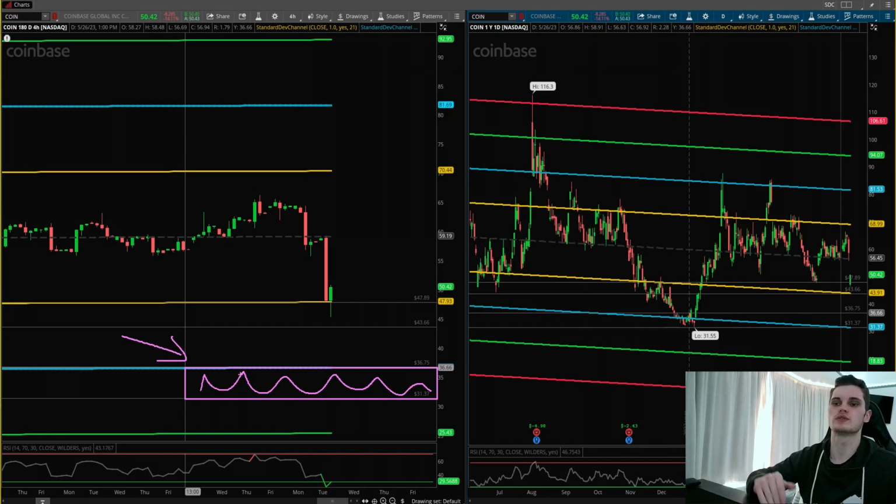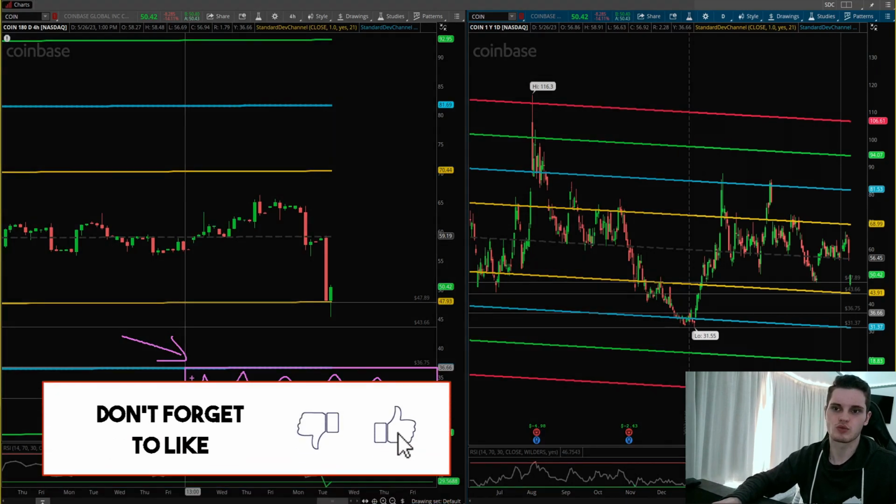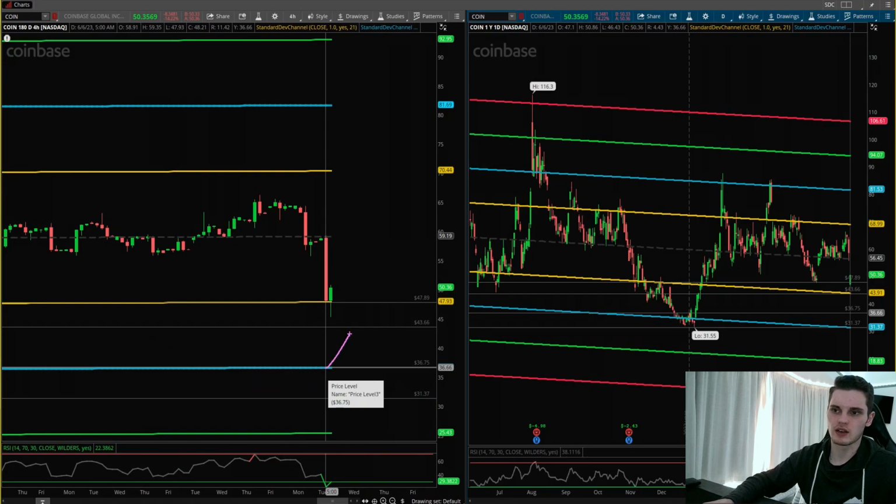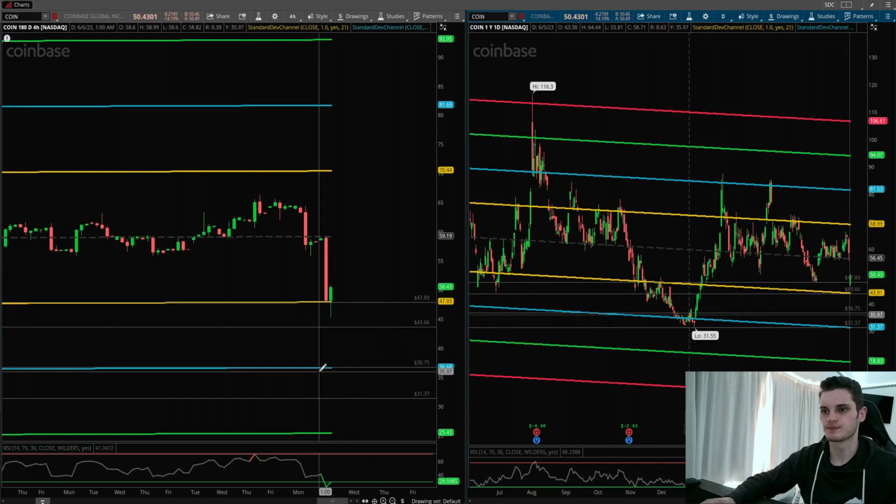Again, make sure you've done your own due diligence on the stock if you're holding something long term. The price you get in isn't everything. It's where it should be valued, and whether it aligns with your investment goals and everything like that. But if you're looking to buy in and you're just waiting for that buying point, this could be a good area to be waiting for. And as a reversal trader, this is going to be another key level. If I'm holding this stock with a short bias, this will be a key target. If I'm a reversal trader, not a trend trader, then I'd be looking for that bounce off here with a first target around that first deviation, which will be around $43, $44.